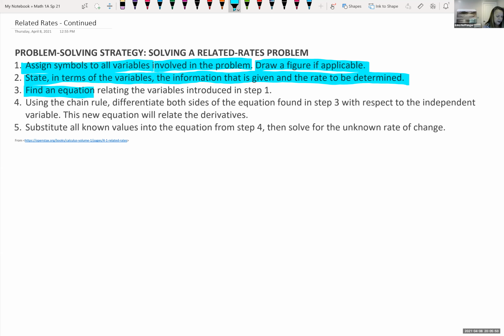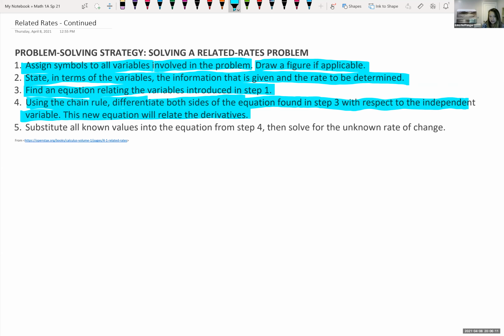We're going to find an equation that relates all the variables together. And then we're going to use implicit differentiation. Within that implicit differentiation, you're using your chain rule and differentiating both sides of the equation that we found in terms of the independent variable, which is normally time. And then once we've done that, we have all this information that we were given and pulled out, so we can go back in and plug into that derivative and figure out the unknown. Okay,